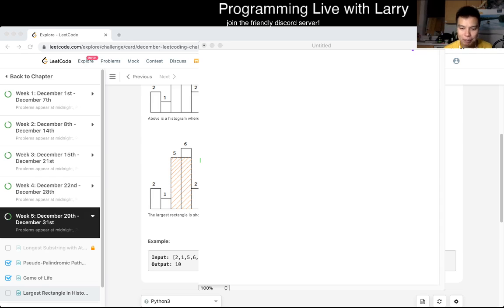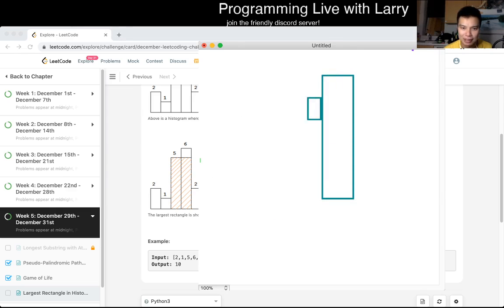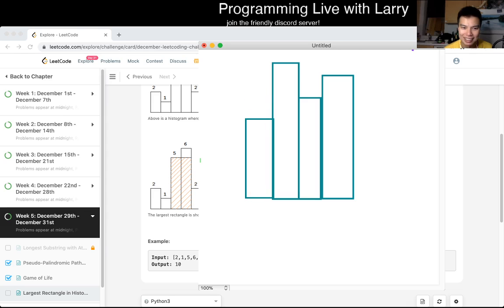Okay, so basically the idea is that without taking necessary advantage of ongoing things, let's say we have some histogram thing. They're all the same width. I'm just not drawing it that way, right? And then the idea is,